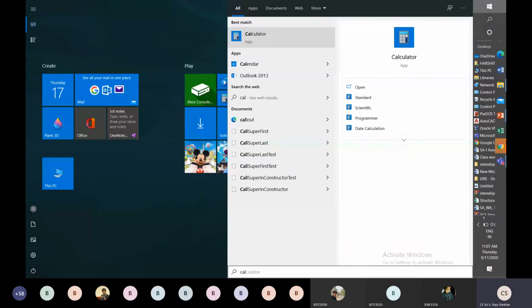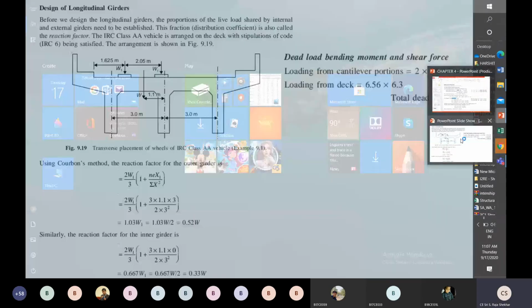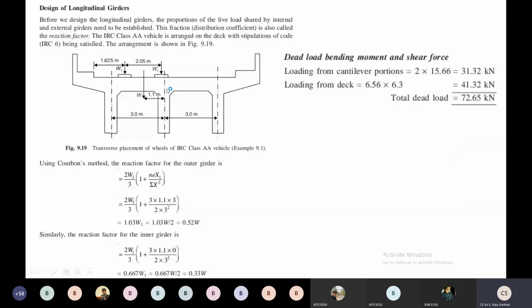Anyone, you can calculate. The calculator is not responding in my system. You calculate, you're going to get 1.625. Sorry, 1.625 you'll get. That is the distance from the CG of the track to the nearest edge of the